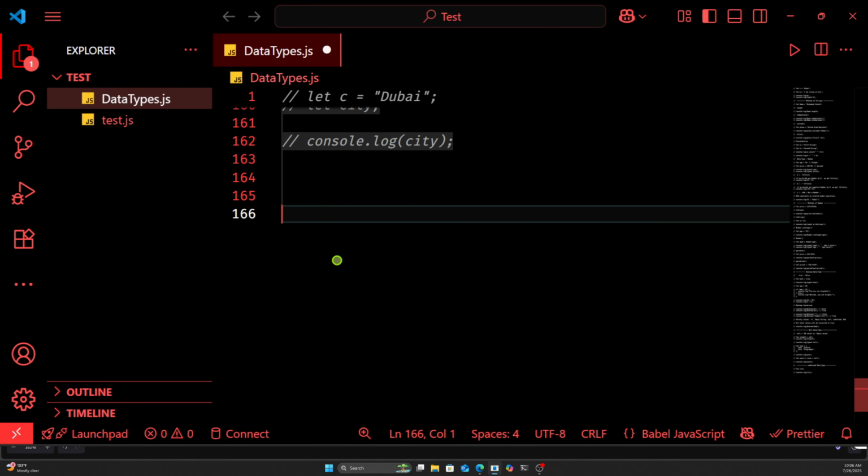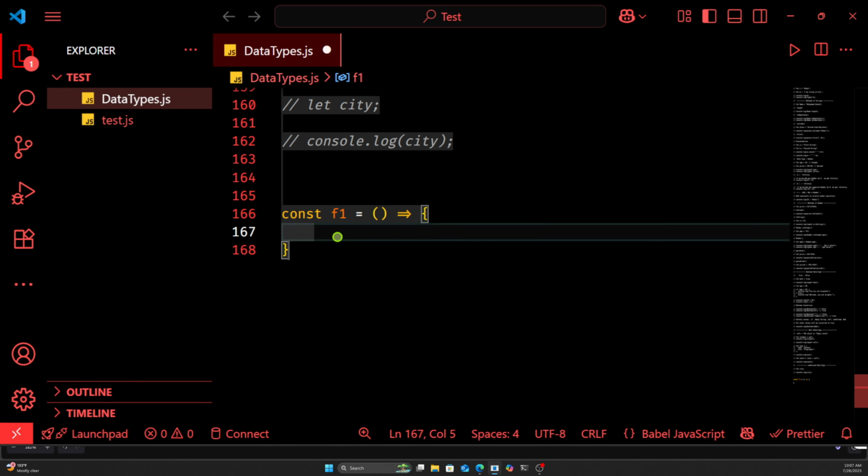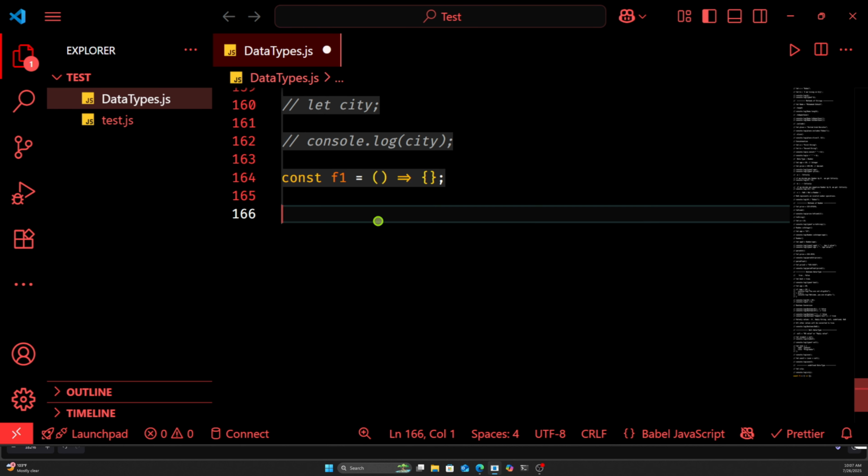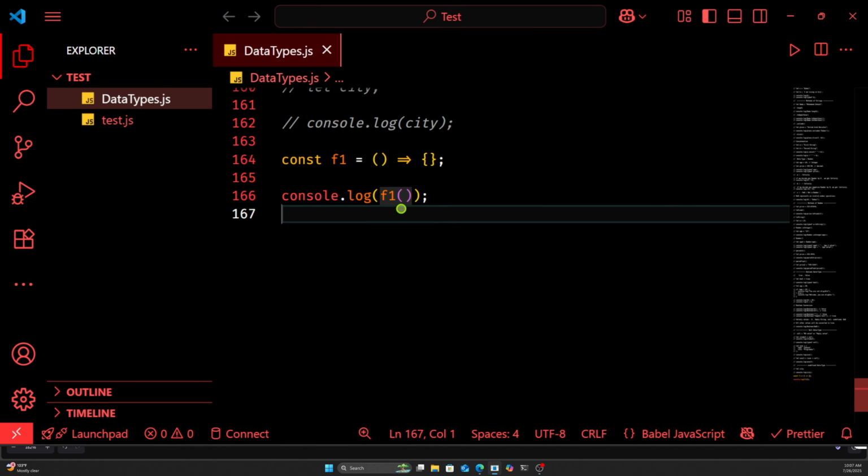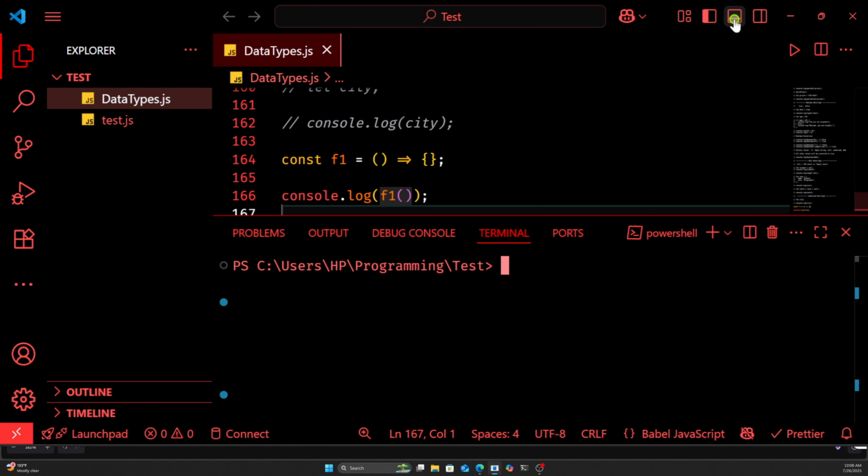Now we will see undefined as a function return value. So what does it mean? Let's create a function f1. I am creating an arrow function. So this is the function that I declare. If I am not returning any value from this function, the value of this function will be undefined. For example, if I save the function and now log the value of f1, in this case the value of f1 will be undefined. Why? Because we are not returning any value inside the body of the function. So if I run the code,